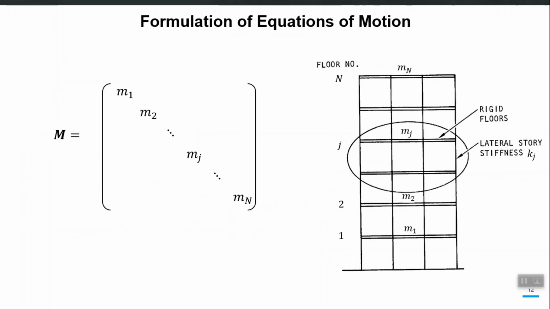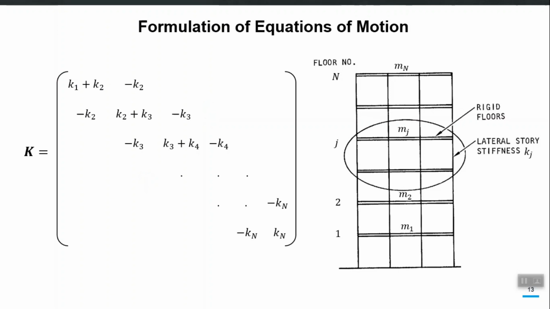So this is the mass matrix, all the off diagonal terms will be 0 up to mn, and this is the K matrix for any nth story building. All the other entries which are not mentioned are 0. So minus K2, minus K2, minus K3, minus K3. Actually, whatever values you have here, you will have the same there. So you only need to formulate half of the matrix, the other half is the same. So if it is minus K2 here, here also you have minus K2. So the transpose will be the same thing.